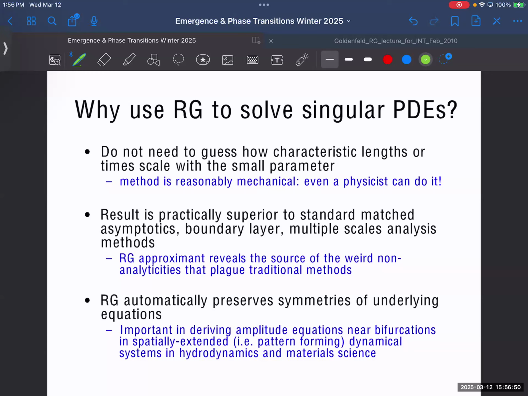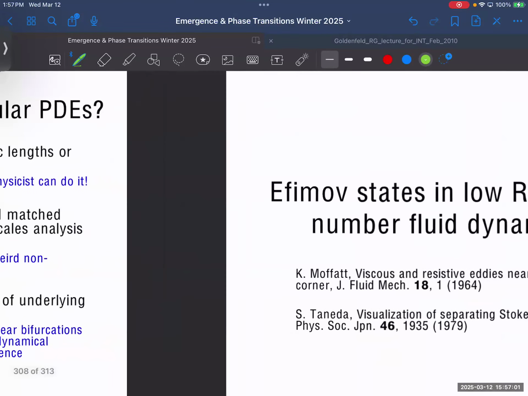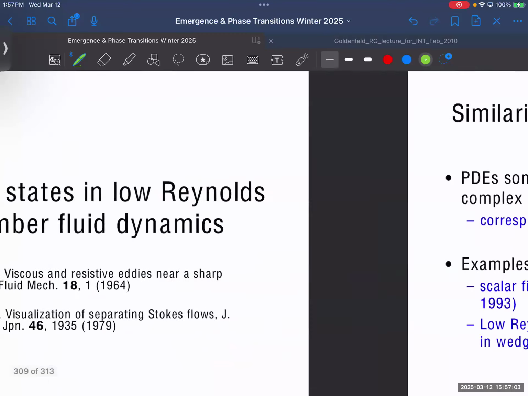And the renormalization group method tells you about all the non-analyticities that you get in standard methods, and it automatically preserves the symmetries of the underlying equations. Okay, so